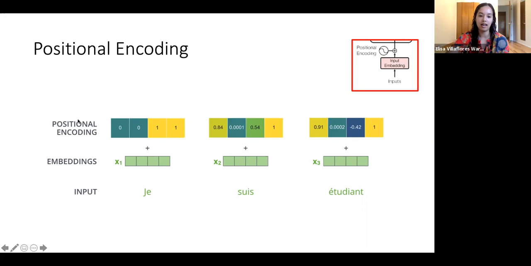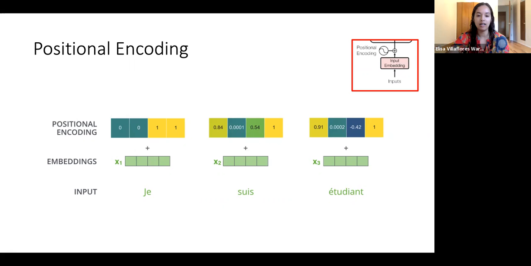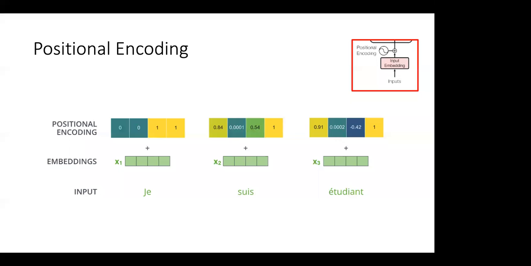Yes. Okay. And then they just added it on to the embedding. So I think they just assumed the network will basically be able to separate somehow this encoding from the embedding. So the embedding is static. The encoding is dynamic. Yes, that's correct. So it's like an AC plus DC component to the signal.